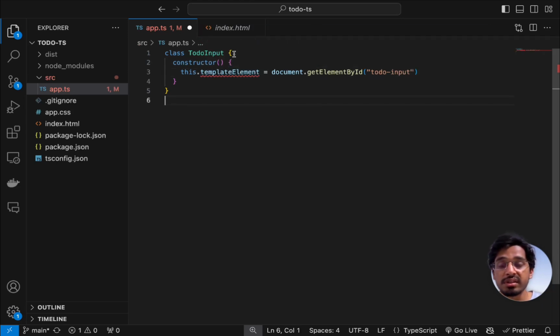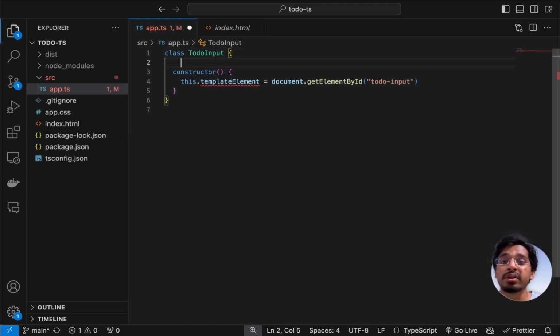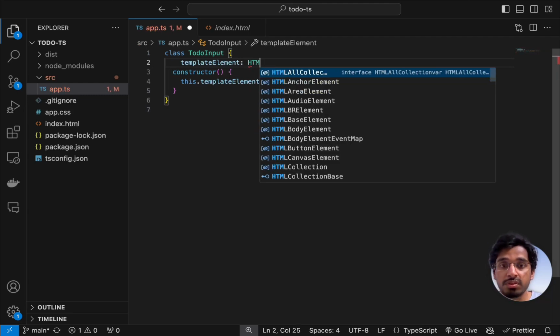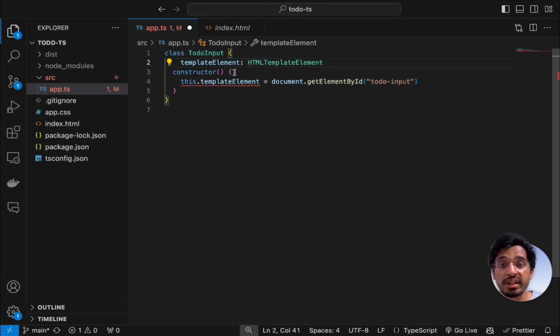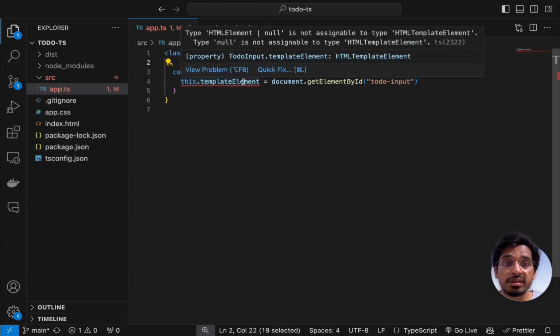Basically this is a simple class, we are not extending it anywhere else, so it doesn't have any field called templateElement. We just need to create a field within this class called templateElement, and then insert the type for it. So let's set templateElement and infer the type of that to be HTMLTemplateElement. We are telling TypeScript that this is going to be a template element, and we can now access this. Still we are getting a TypeScript error, but a different one,